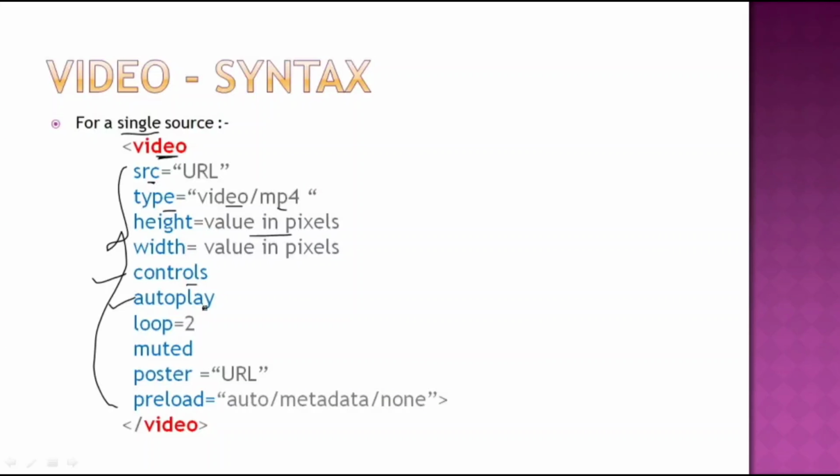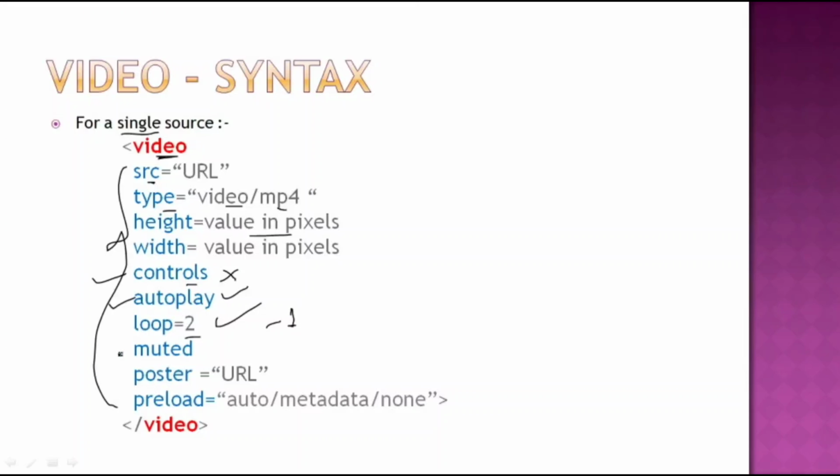the moment it is loaded in the browser. Now if we don't specify controls and just specify autoplay along with loop, then we can control how many times the video should be played. In this case the loop value is 2. So the video will be played till the end the first time and then it will restart and play again. If we specify the loop value as -1, then it will be played infinitely. That is, the video will keep on playing continuously.